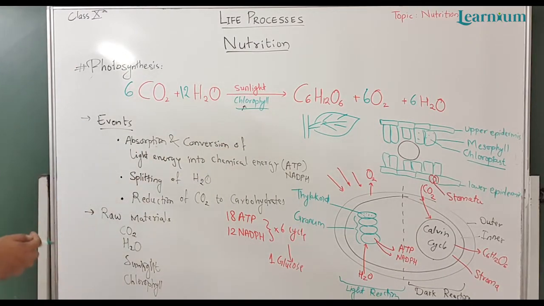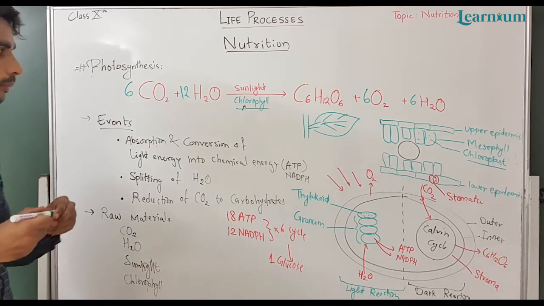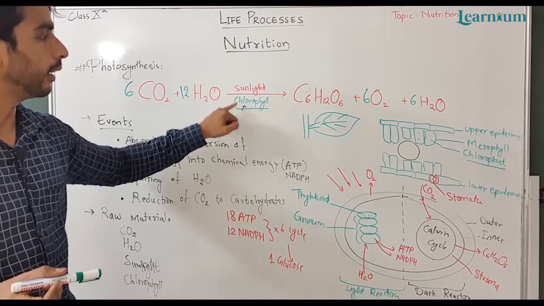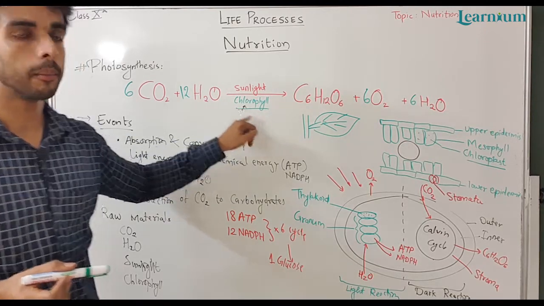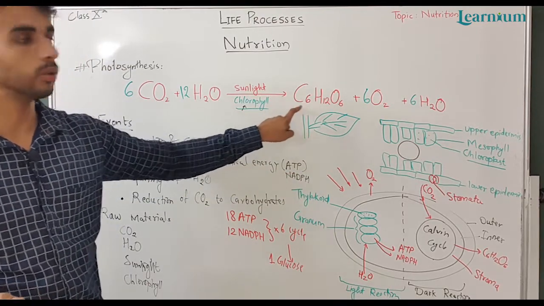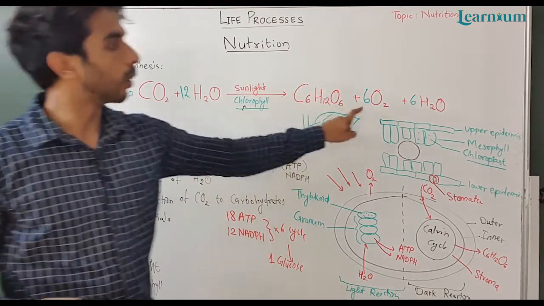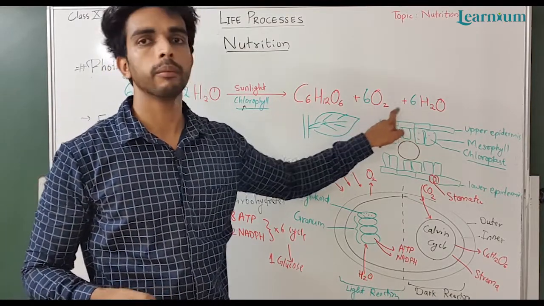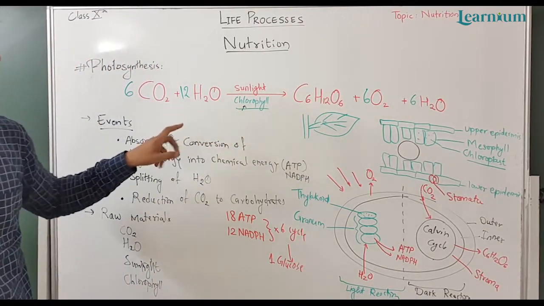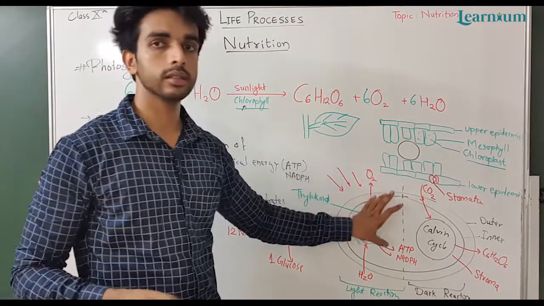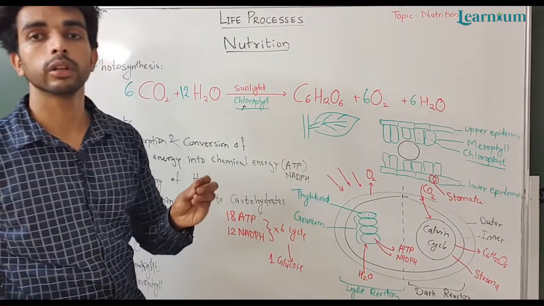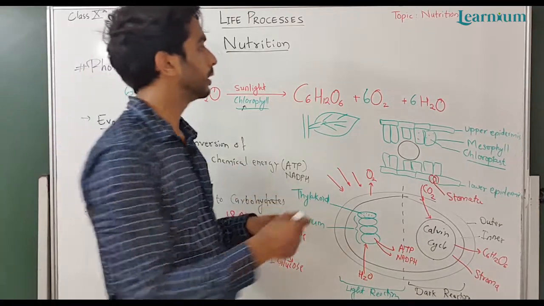So from this we can conclude that from carbon dioxide and water in presence of sunlight and chlorophyll pigment, plants, or chloroplast, produce glucose as the main product, and oxygen and water as byproducts. Oxygen is also known as the photosynthetic waste product. So this exchange of gases is occurring through the stomata. The loss of water in the form of water vapor is known as transpiration.